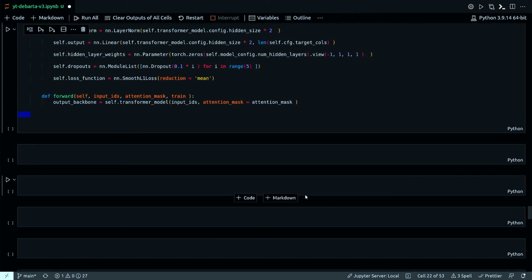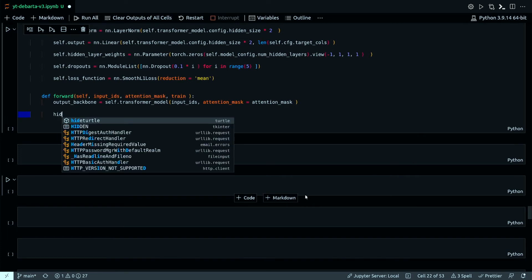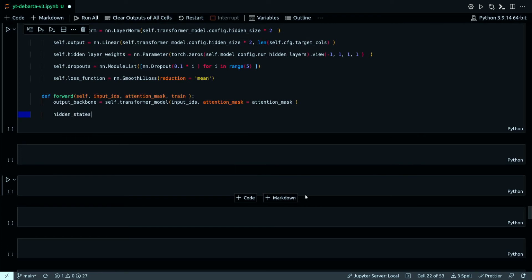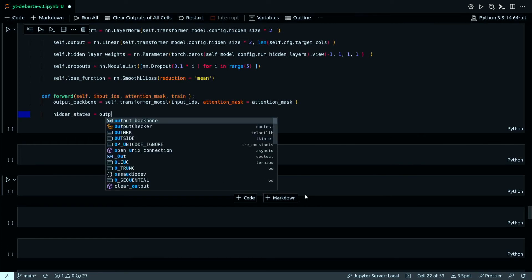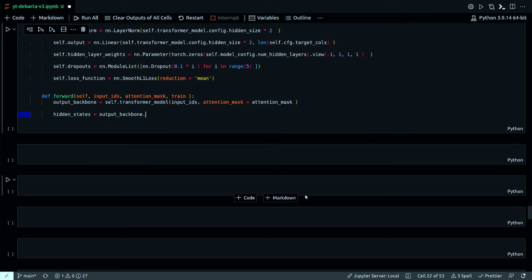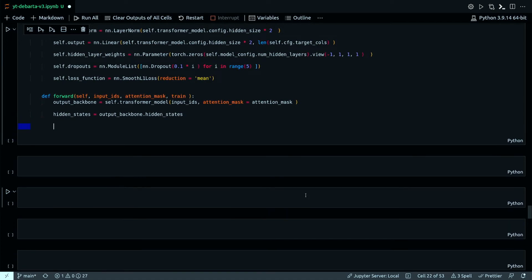Now extract the hidden states. And now I am going to do a mean-max pooling over hidden layers and then concatenate with pooler.